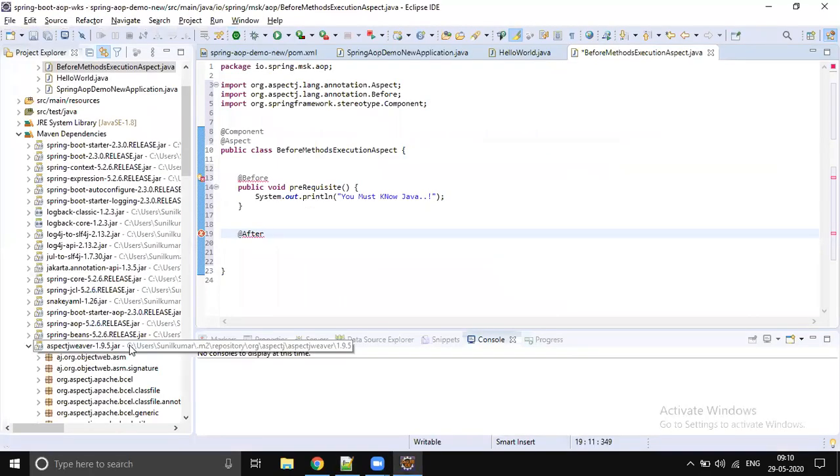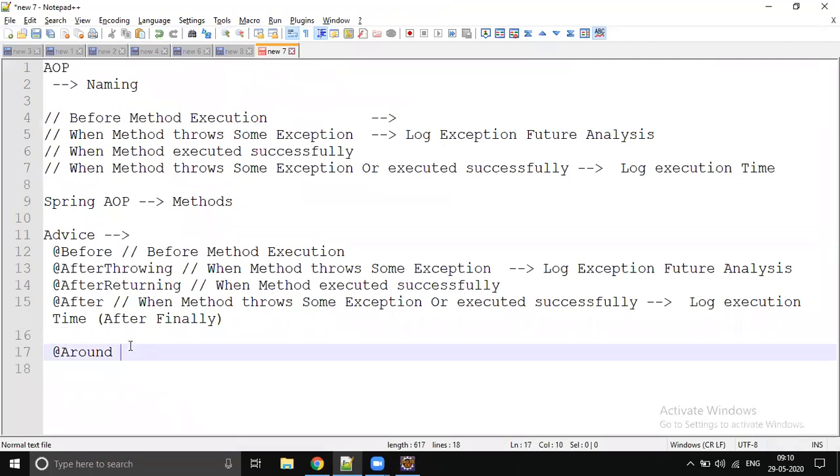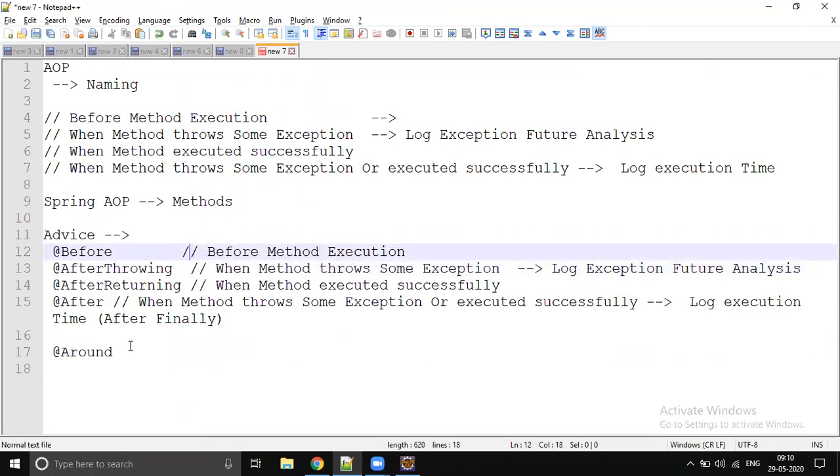For us, now we would like to print something before, so that's why we are using before. The priority we give to around, we have to give to the remaining advices also. But mostly we use around in real time, though not always. The remaining advices can also be used based on the requirement. When you would like to do something before, you can use before. When some exception comes, for example, in the last example, you would like to log only exceptions. Let's not use around; let's use the corresponding advice.